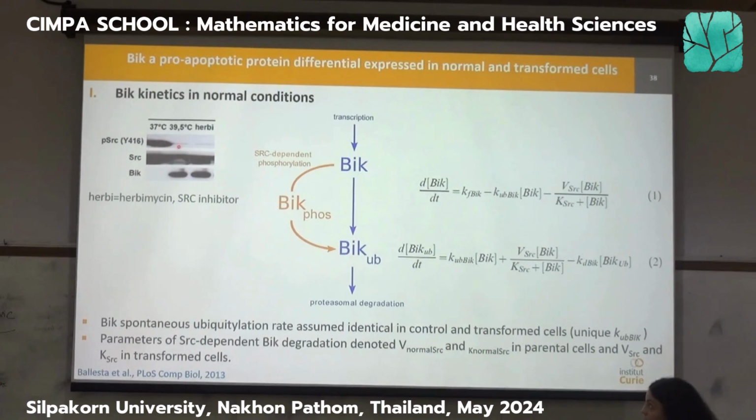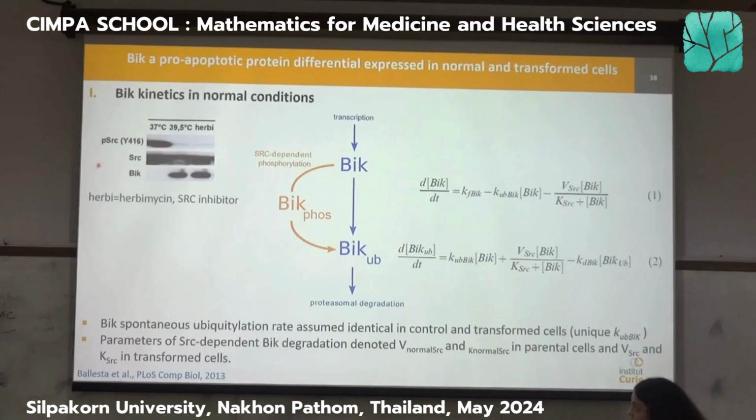Well, that's something that I already told you, but if you increase the temperature, actually the construction goes away. And then RB is for RB-methine, and this is an inhibitor of SRC. Okay? And this is like a positive control. When you take the cancer cells and you expose them to an inhibitor of SRC, well, that's cool, it's working. It's not always like this in biology, you have to check every time. But here it's working. When you actually inhibit SRC, you don't see it anymore. Okay, so that's something that we know. This is just a sanity check, I would say.